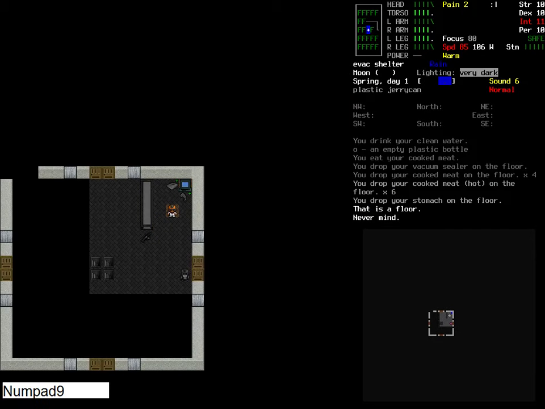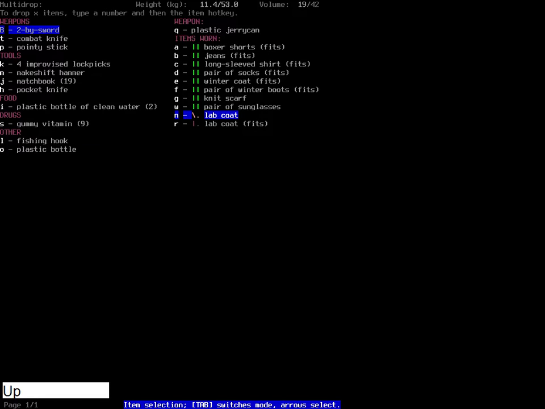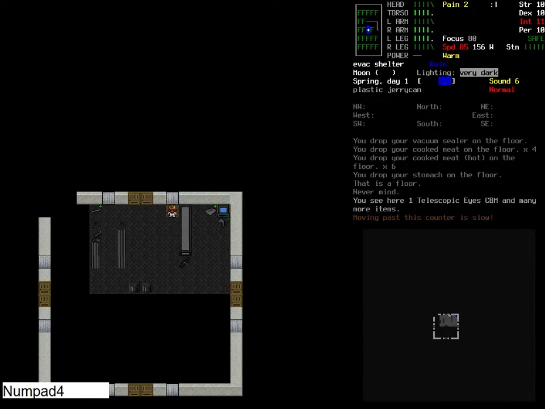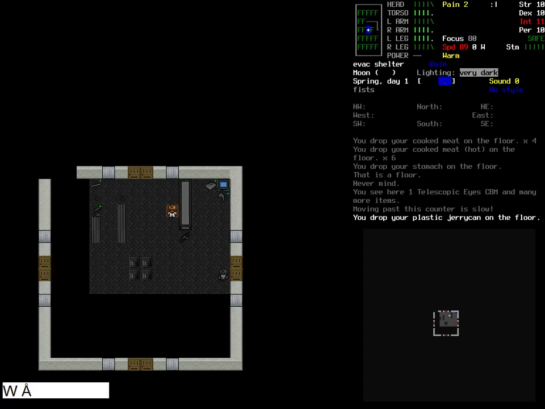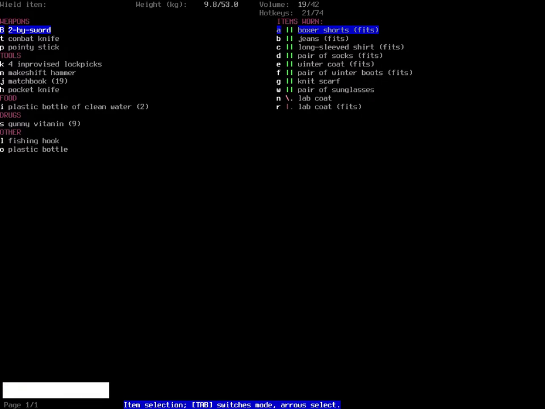All right, let's drop this lab coat. We go from 42 to 28. 28 only gives us about 9 actual storage spare. So, oh right, we've got to drop the jerry can first. There we go. And by wielding the 2x sword,